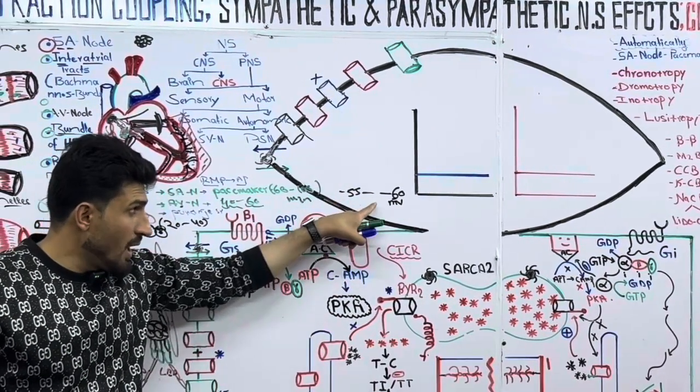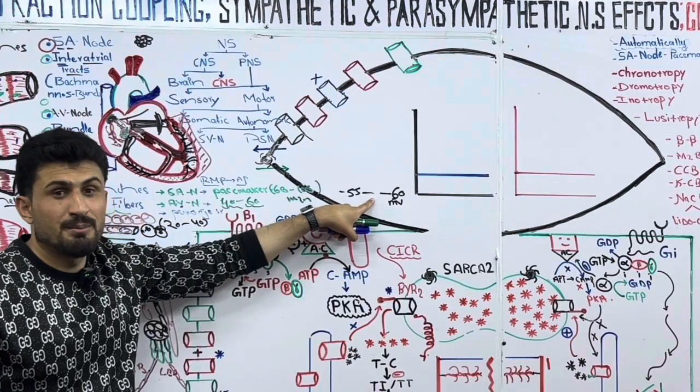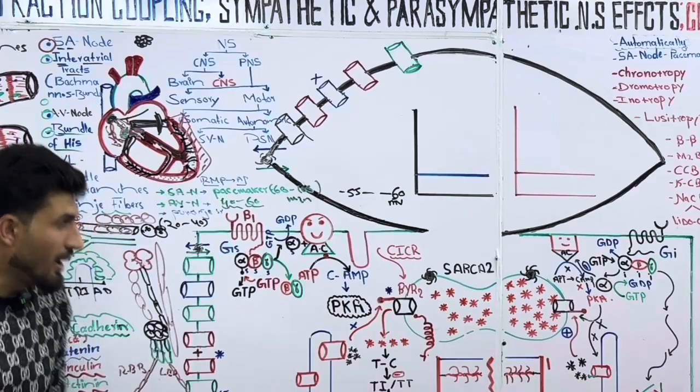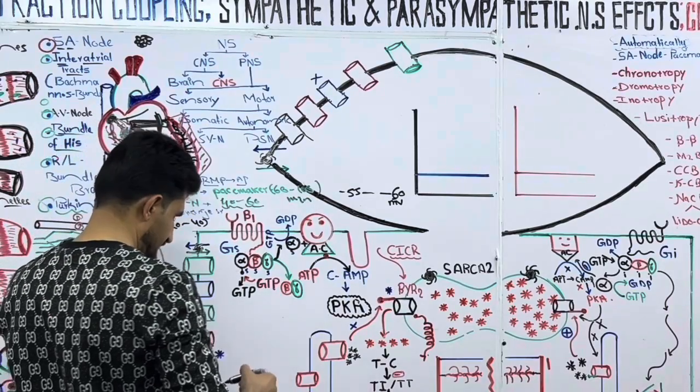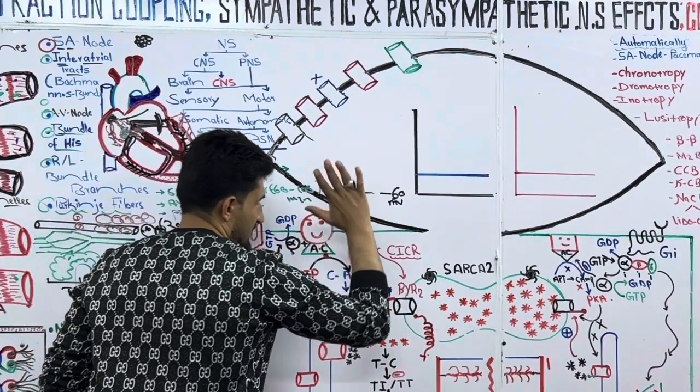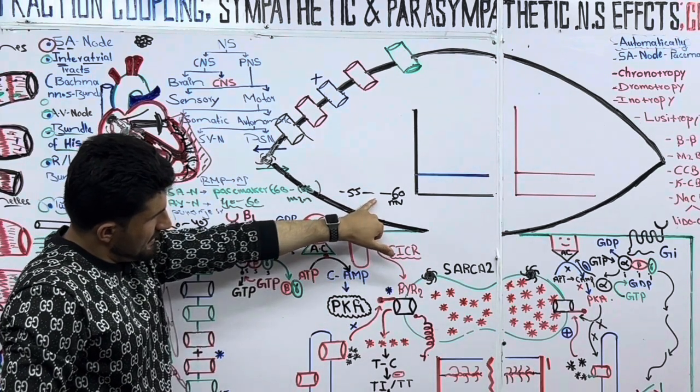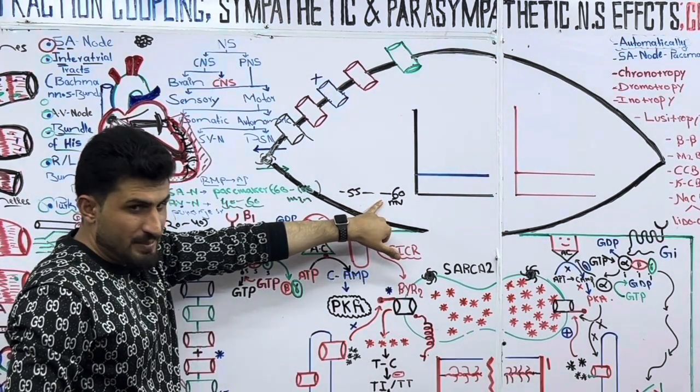I'll explain why here this resting membrane potential is less than in the atrial and ventricular myocytes. Don't worry. Now, during rest, this is around negative 60, and that's because